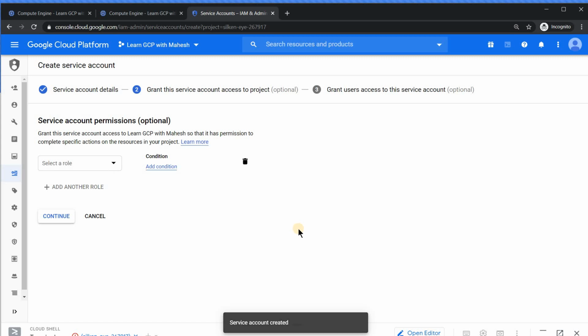Even in my various trainings which I take, I try to emphasize this. As a cloud architect or as a data engineer, if you are saying give me this permission in GCP, you are using the wrong terminology, because in GCP you will never give anybody a permission, but rather you'll give a specific role. Roles comprise groups of permissions. So this one is slightly wrong terminology, is what I personally felt. It should have been service account role. You see permissions here and you see select roles, which does not go down well. So it should have been service account role, is what I personally feel.